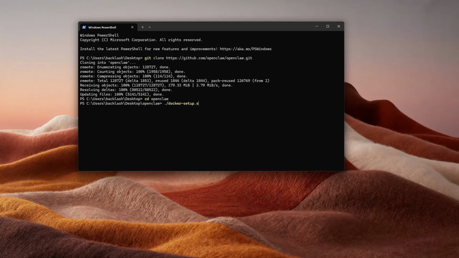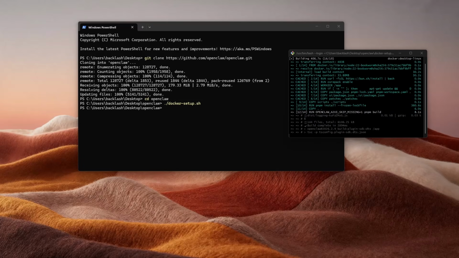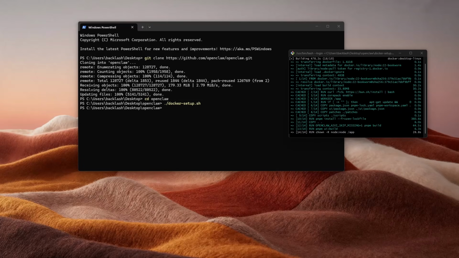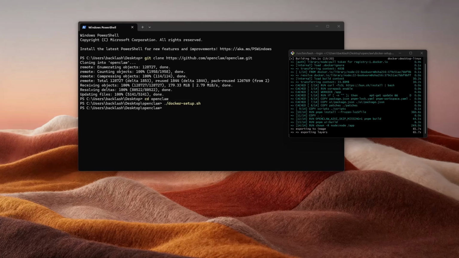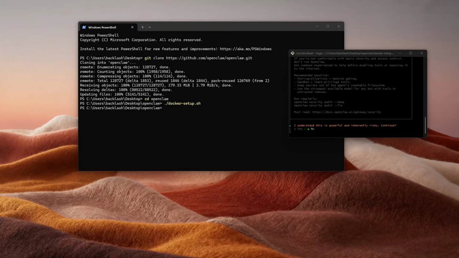setup script. This script does the following: build the gateway image, run the onboarder wizard, print optional provider setup hints, start the gateway via Docker Compose, generate a gateway token and writes it to the .env file. So, after it finishes building the Docker image, it's gonna run the onboarder wizard and answer some simple questions. We've run through this installation before in the previous video, so it's basically gonna be the same. But I wanted to do everything from scratch with you guys to make sure that you don't face any errors.